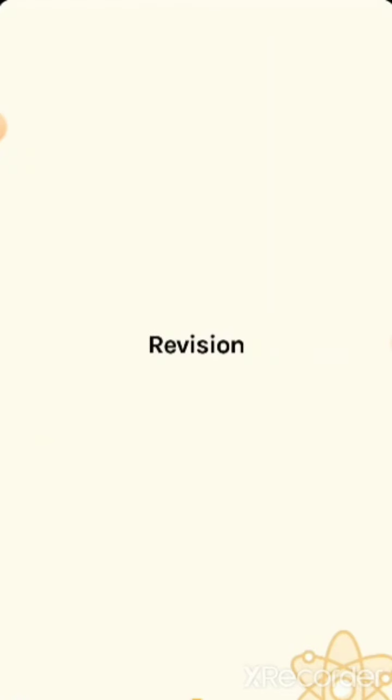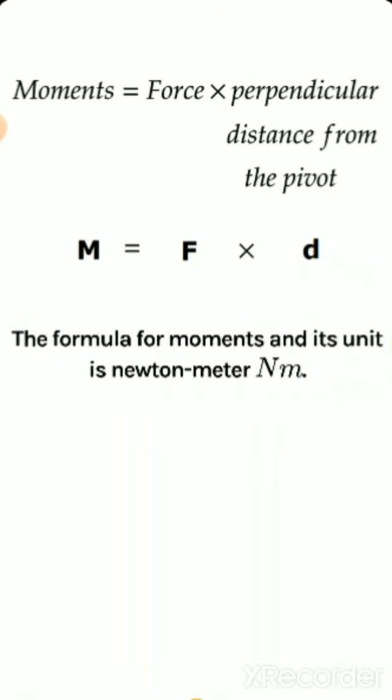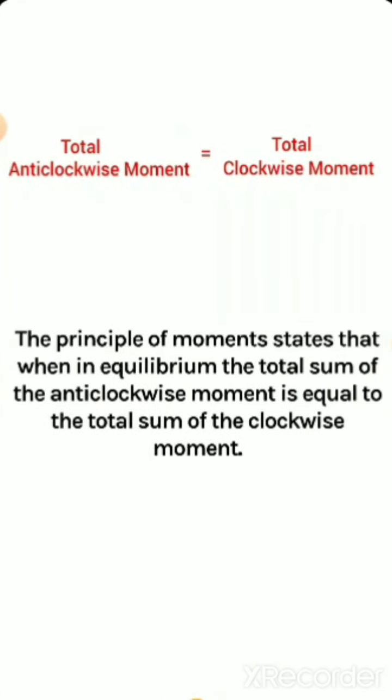Let us revise what we have discussed. Moment is equal to force times the perpendicular distance from the pivot, that is M is equal to F into d. This is the formula for moments and its unit is Newton meter. So total clockwise moment is equal to total anti-clockwise moment, or the principle of moments states that, and what is